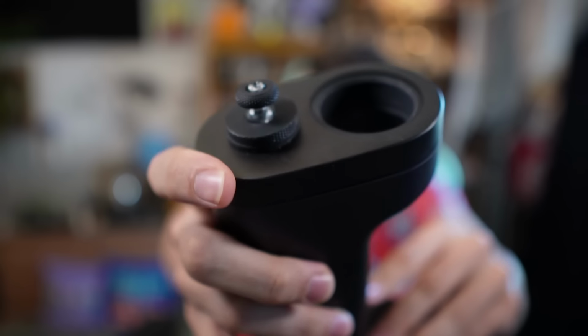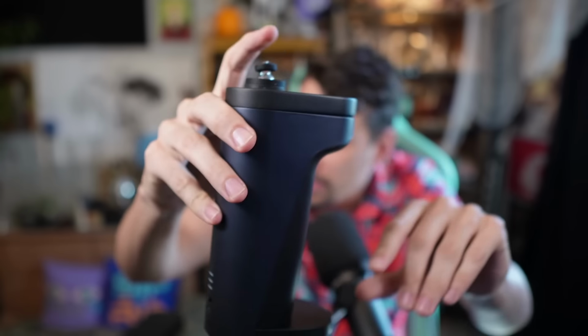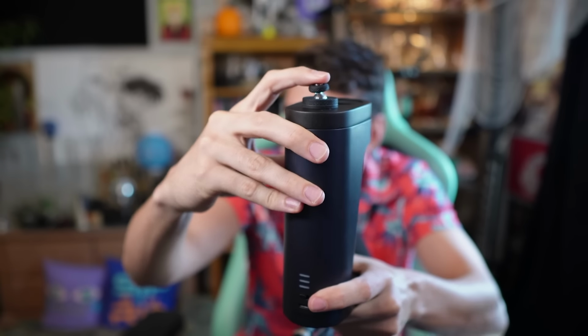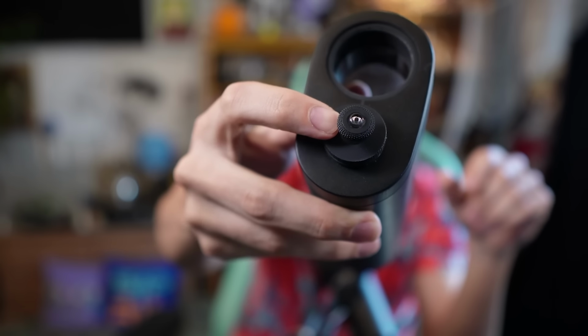So I don't know what it's going to look like for a third-party market or what else they're going to drop, because it seems a little bit strange. But it has this magnetic joystick type cap or directional cap, and I don't love it. I gotta say off the bat, I don't love this cap, because my natural instinct is to put one finger on the top and do this, but when you put one finger on the top, you cover the air hole